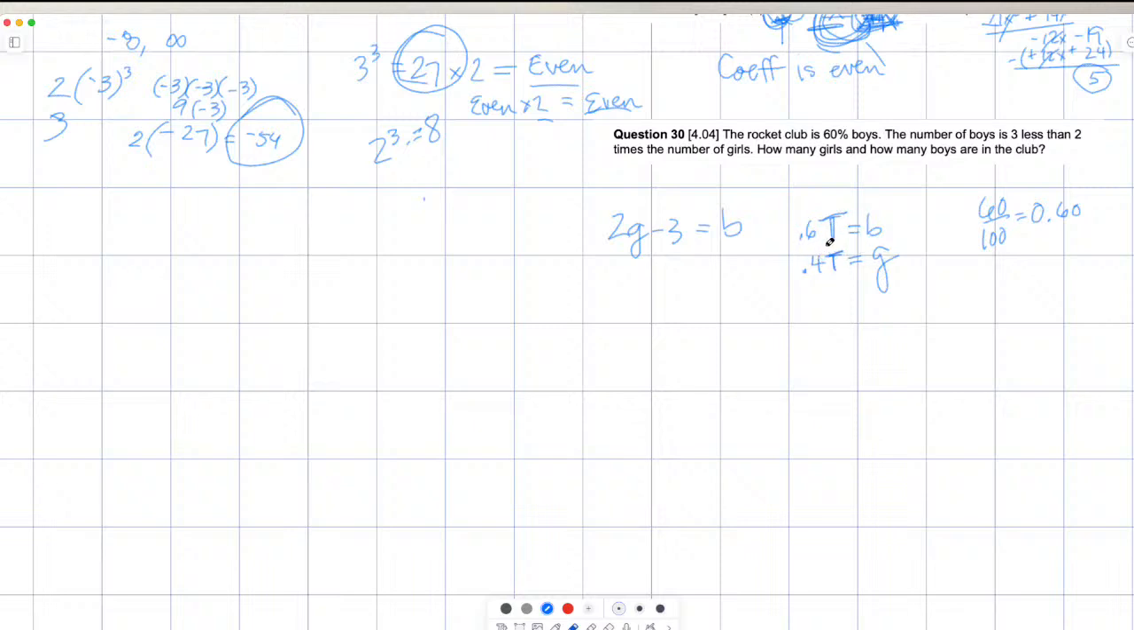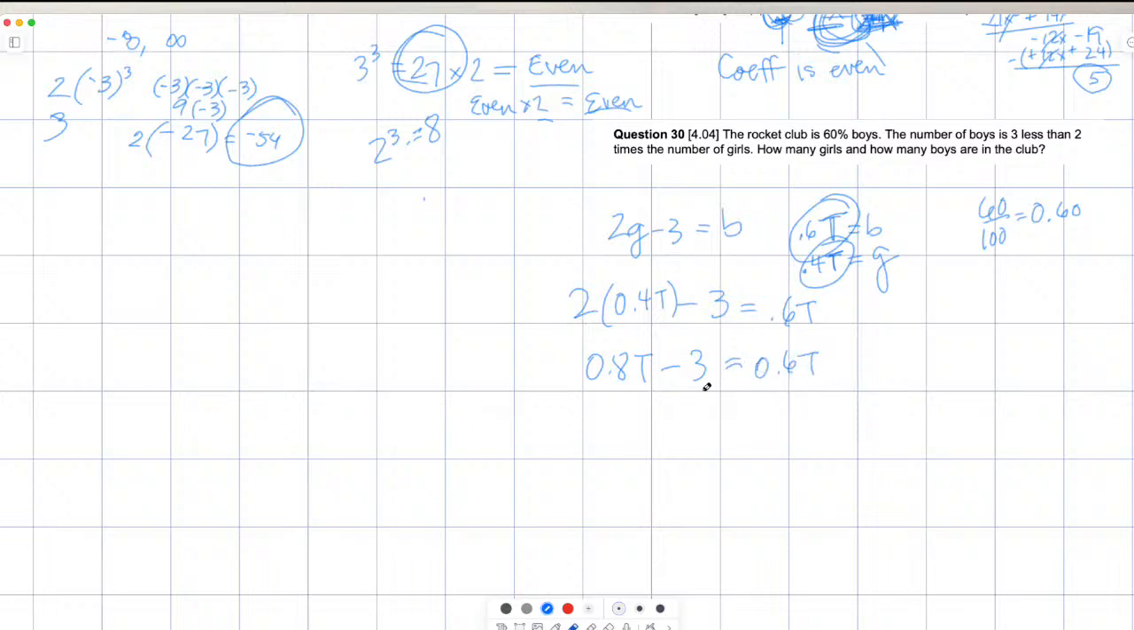So what we want to do is we want to take this and this, substitute it in here into this equation for these things. And so instead of 2G, we're going to say 2 times 0.4T minus 3 equals 0.6T. And so what we want to count here is, what is the total number of kids? 2 times 0.4 is 0.8T minus 3 equals